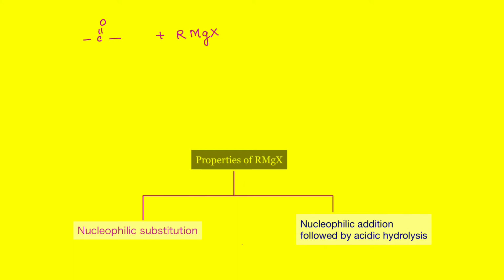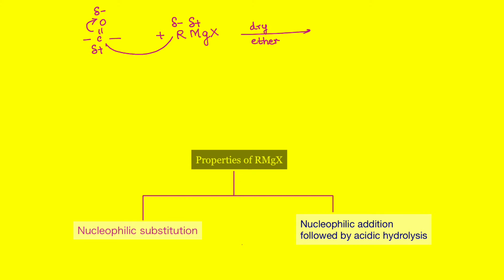We know that in the case of carbonyl compounds, oxygen is more electronegative. So it pulls the electrons of the double bond towards itself, whereas carbon remains with a positive charge on it. And what did we learn about Grignard's reagent? Yes, carbon is more electronegative compared to magnesium. So what will happen over here when this reaction is carried out? Of course, all our reactions are in the presence of dry ether. So here, the positive goes to the negative and negative goes to the positive.